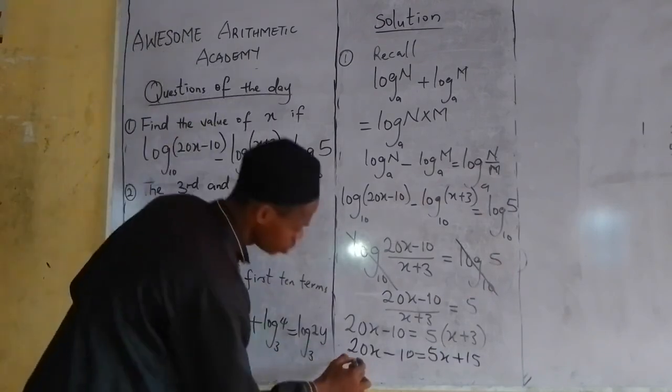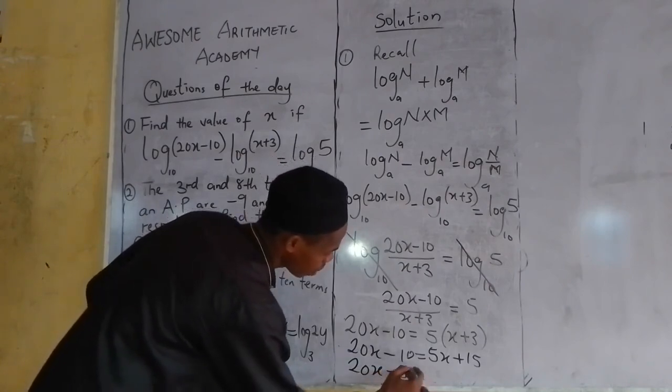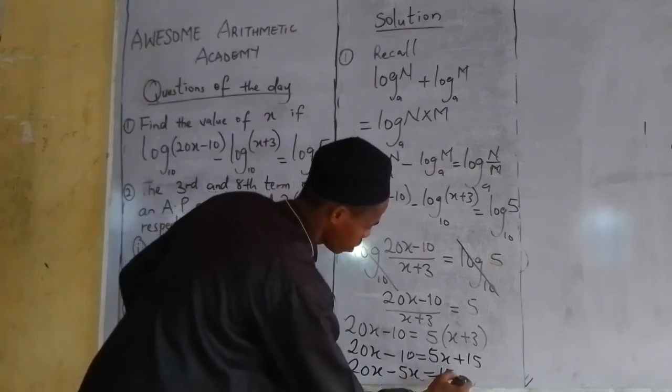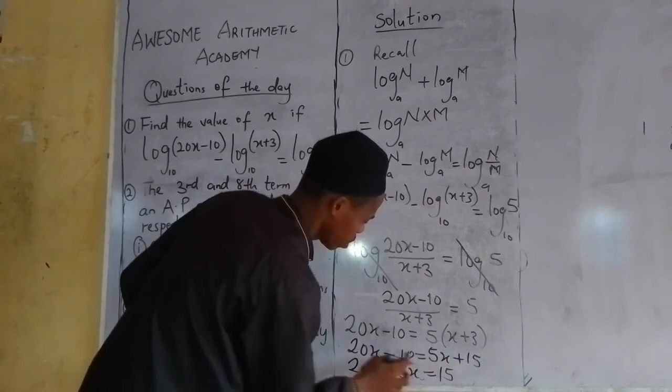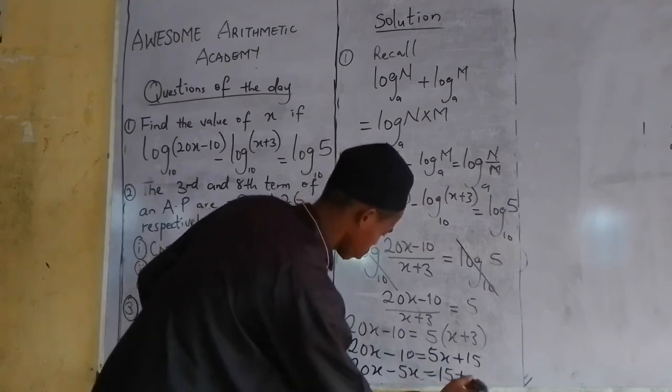And this will give me 20x minus 5x equals what? 15. This 15, then minus 10 with the other side returns to what? Plus